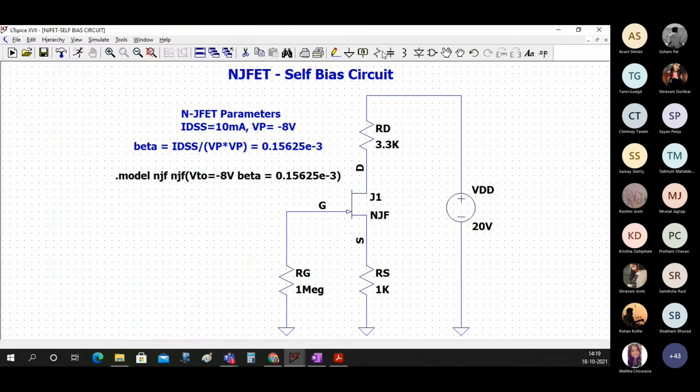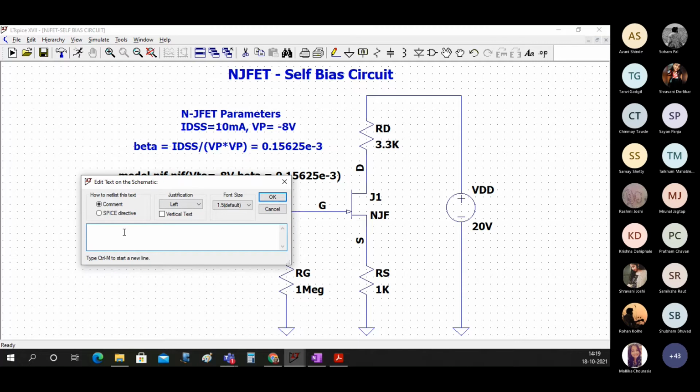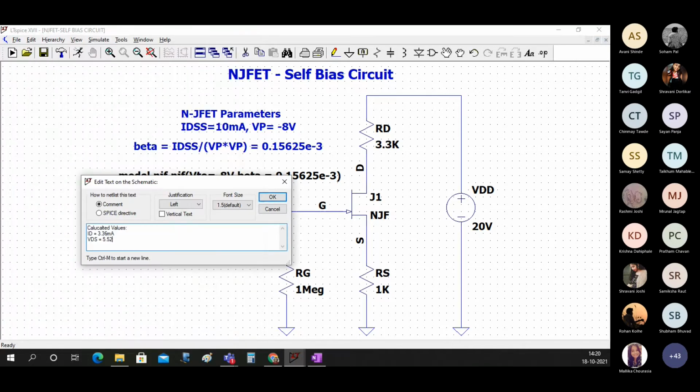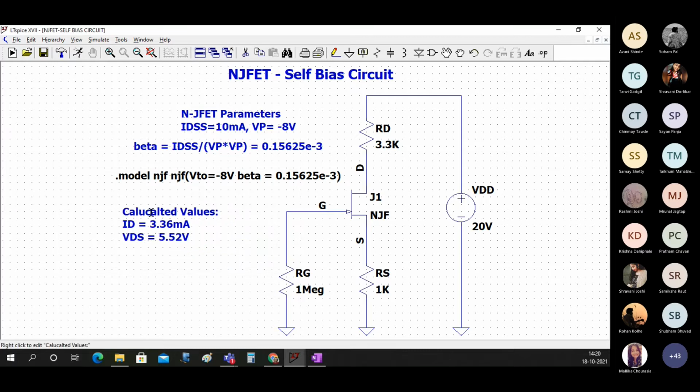So as per our calculations, ID was 3.36 milliamperes and VDS was equal to 5.52 volts. So these are our calculated values.